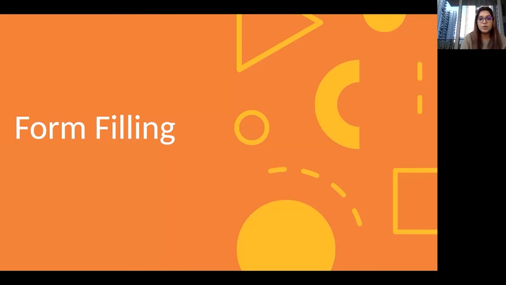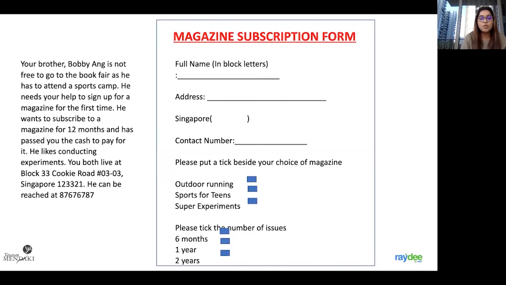Now the next part we are looking at would be form filling, which is also another part of the open-ended comprehension. For form filling, you are usually given a brief, like what is given here on the left. Your brother Bobby Ang is not free to go to the book fair as he has to attend a sports camp. He needs your help to sign up for a magazine for the first time. He wants to subscribe to a magazine for 12 months and has passed you the cash to pay for it. He likes conducting experiments. You both live at Block 33, Cookie Road, 0303, Singapore 123321. He can be reached at